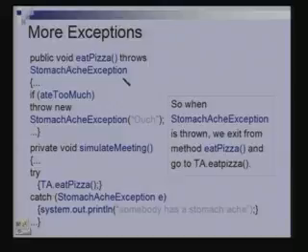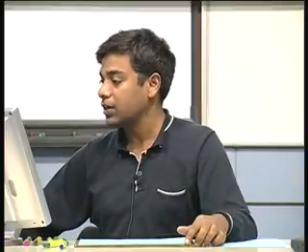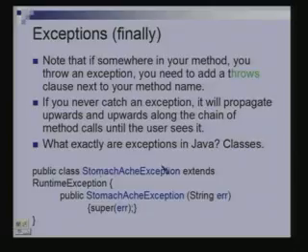So, can we use more than one exception? Yes, a method can throw more than one exception. So, what did you mean by the stomachache exception itself being a class? I come to that on this slide, right. So, when you are defining a stomachache exception, what is it? In Java everything is really an object, right. So, stomachache exception here is the name of a class, okay, and this is the constructor method for the class, right. Recall that the name of the constructor method is the same as the name of the class. So, the constructor method here is taking a single parameter, which is a string,